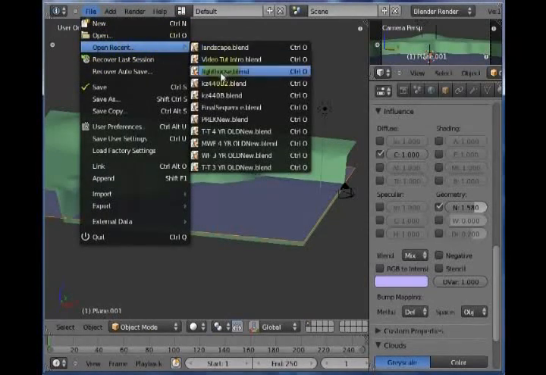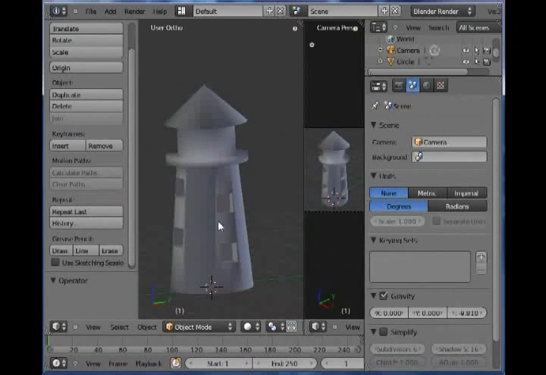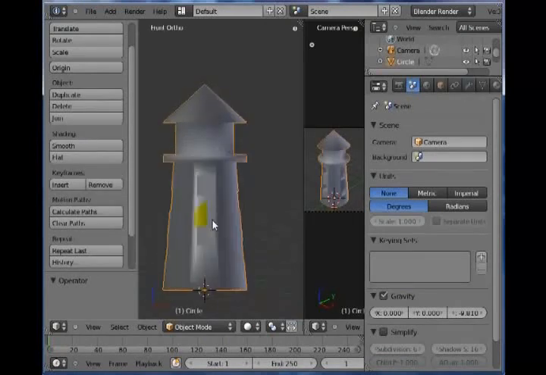So now our lighthouse scene. Let's start worrying about materials and textures on here. The first thing is that the lighthouse is all connected together. And probably the easiest way for